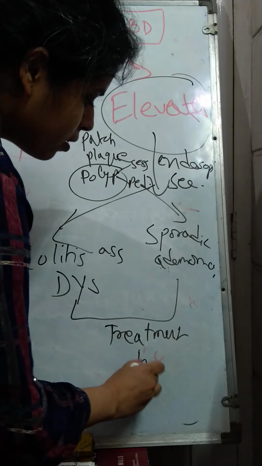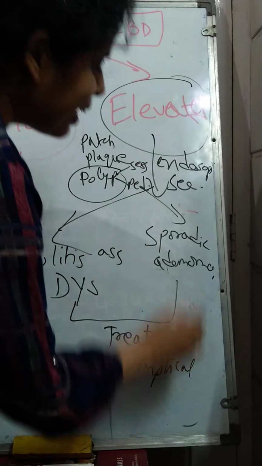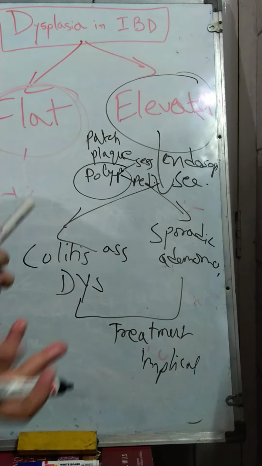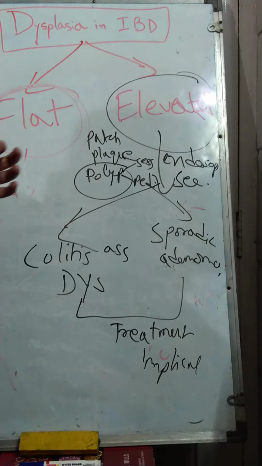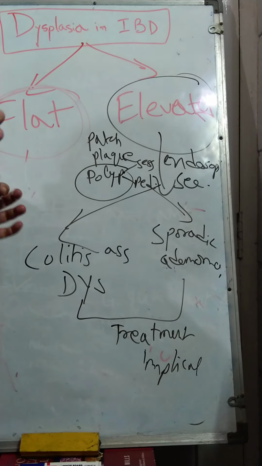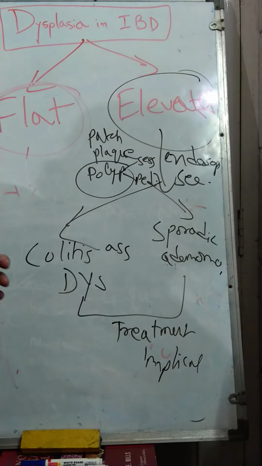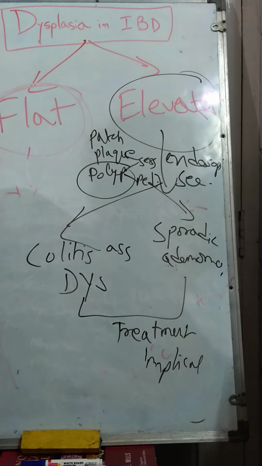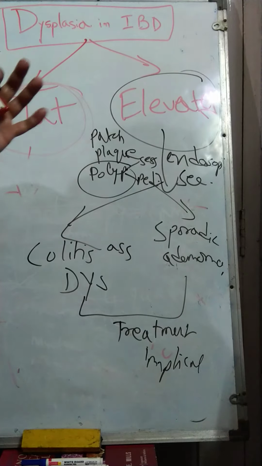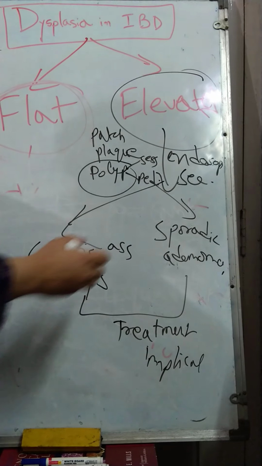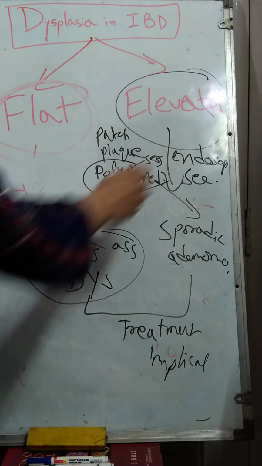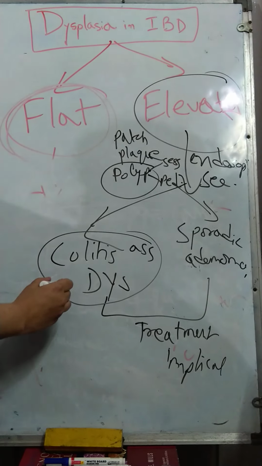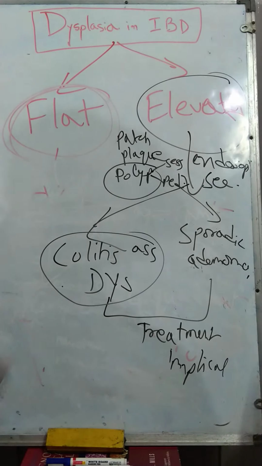I'll mention what it is. If it is a sporadic adenoma, like any adenoma, it can be tubular, tubulovillous or villous, but for a sporadic adenoma, a mere polypectomy, if it is done, is curative. As histopathologists, we will establish the histology, we will also talk about the margin status, and that's about it. That is considered to be the treatment. But if you have a patient with, say, an elevated or a polypoidal lesion in IBD, and in histology you report that as a colitis associated dysplasia.